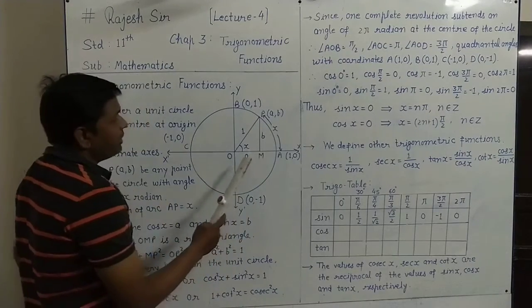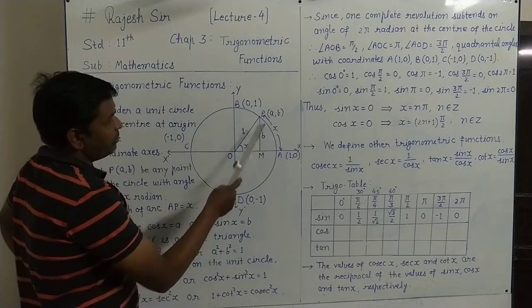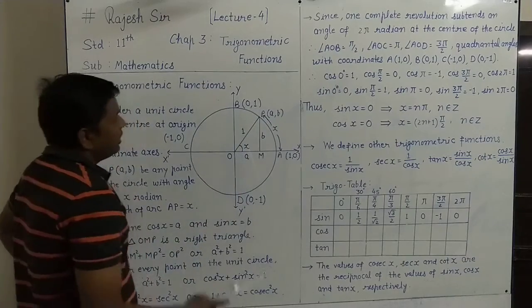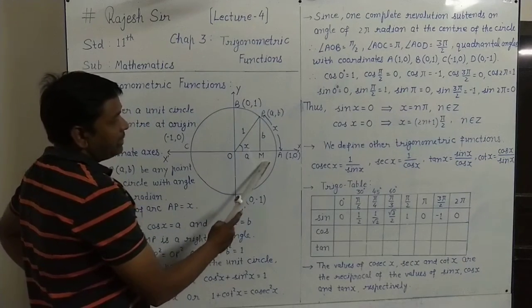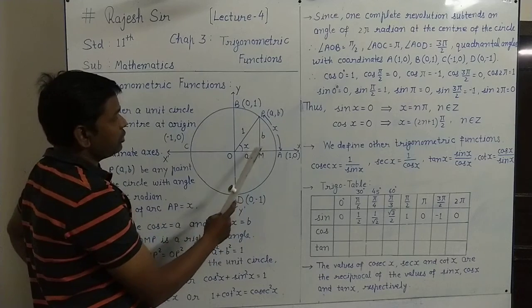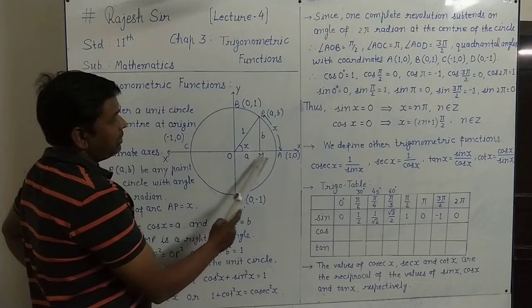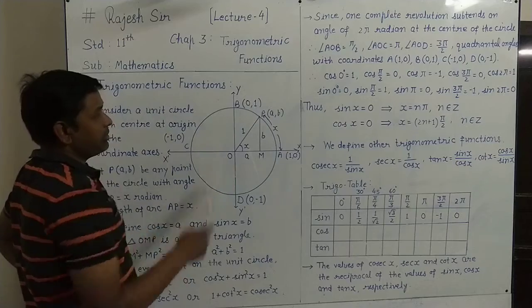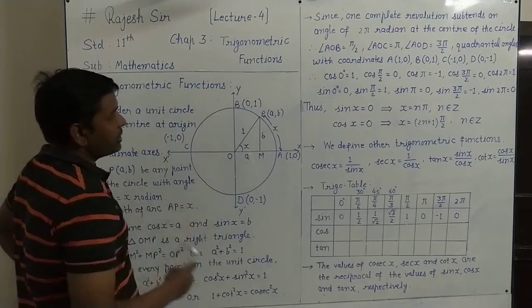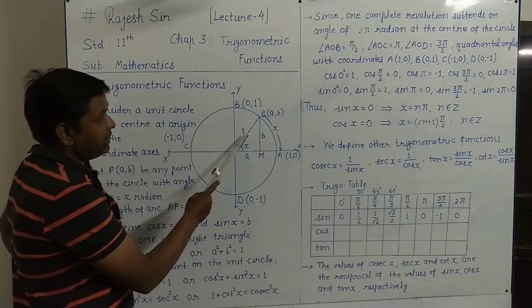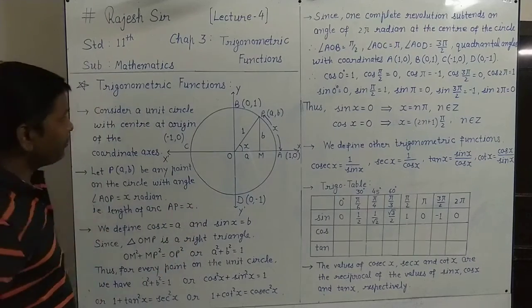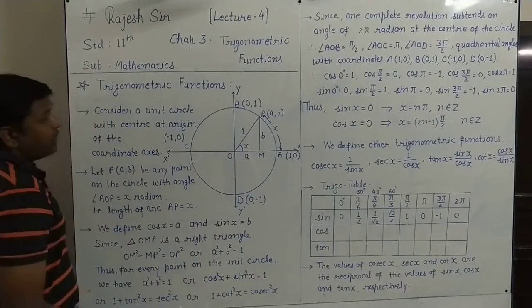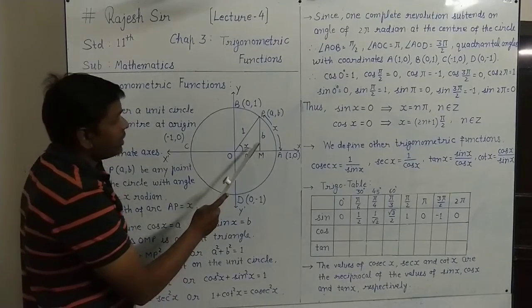Then it's obvious that from P to M, if we take the perpendicular on the x-axis, we will have this right triangle OMP, where OM will be the length a because of the coordinate. So the a coordinate shows the length of this part, and this b coordinate shows the height of this point on the y-axis. And this OP, as it is the unit circle, OP is the radius, which is 1 unit, so we have shown it as 1. Let the angle AOP be x.